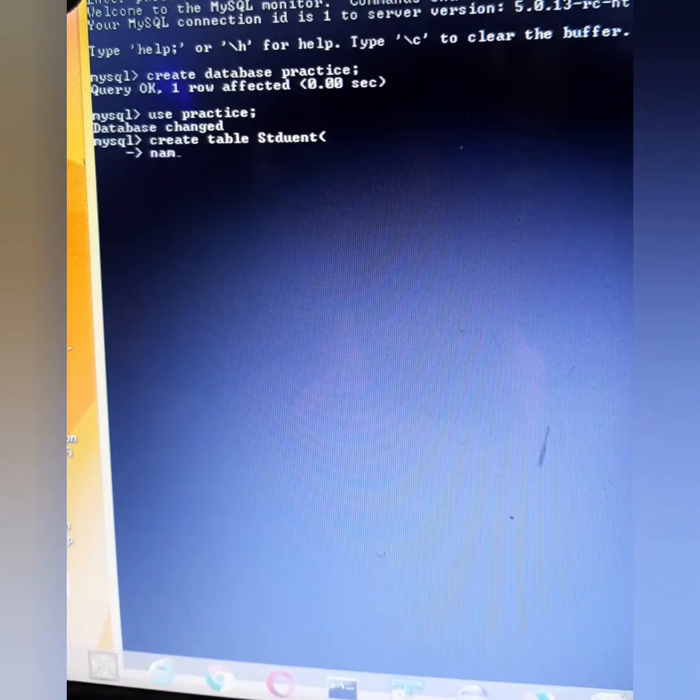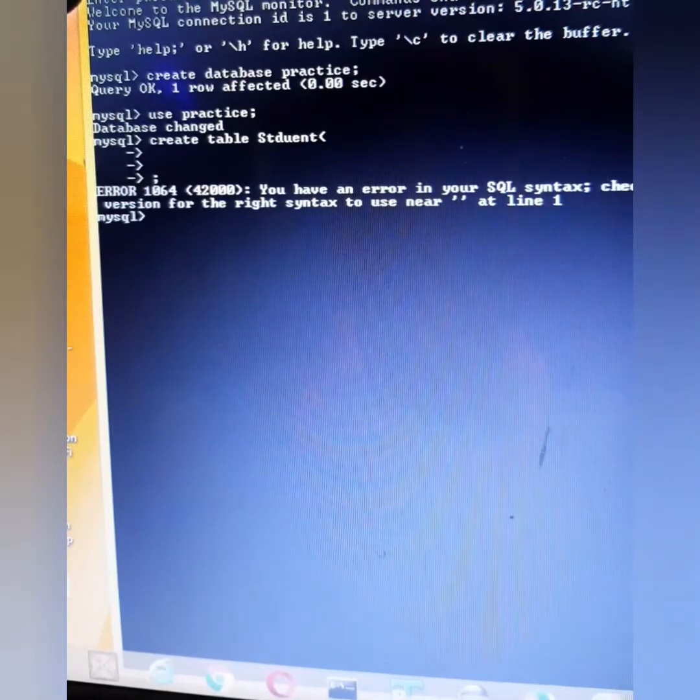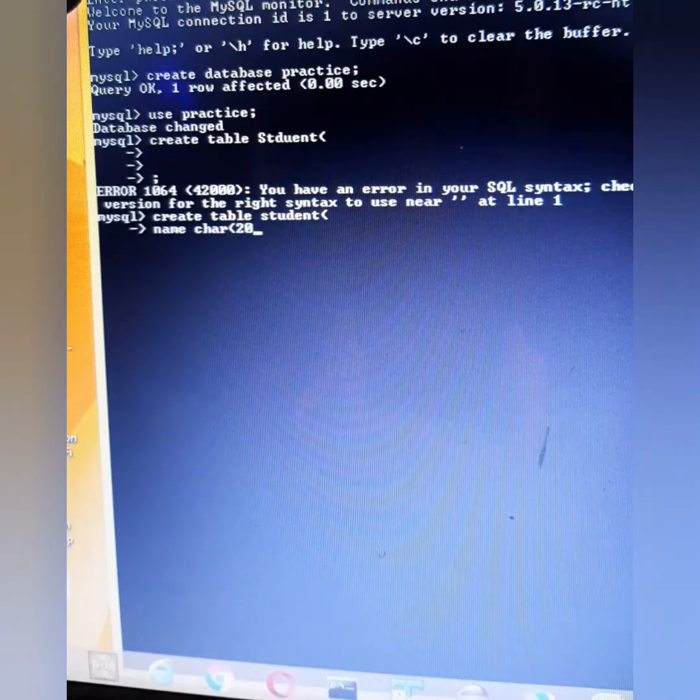I'll write here name, just a moment, the command was wrong. Actually the spelling of the student table was not correct. Create table student, name char 20, roll number int.